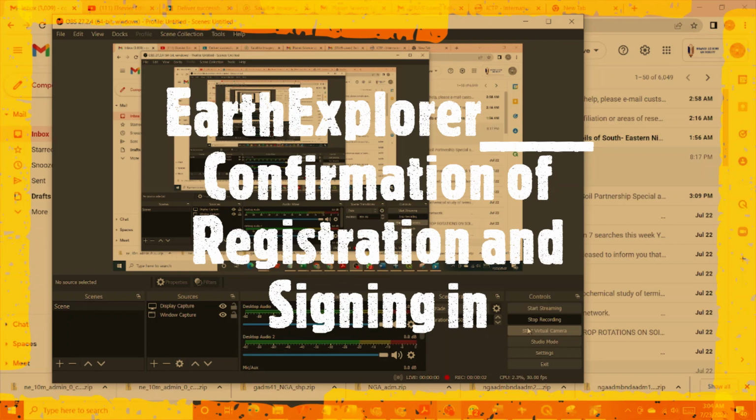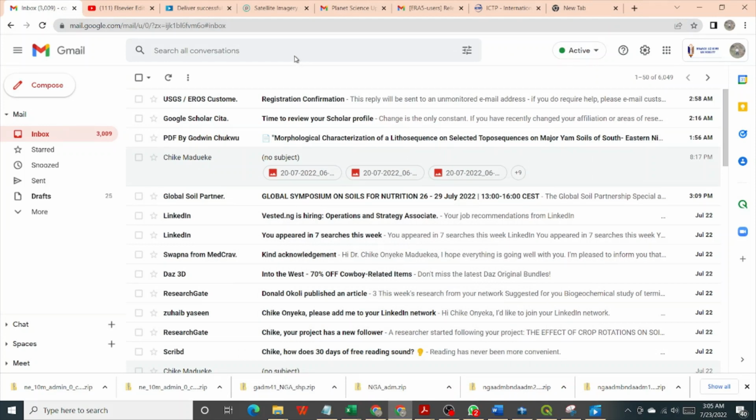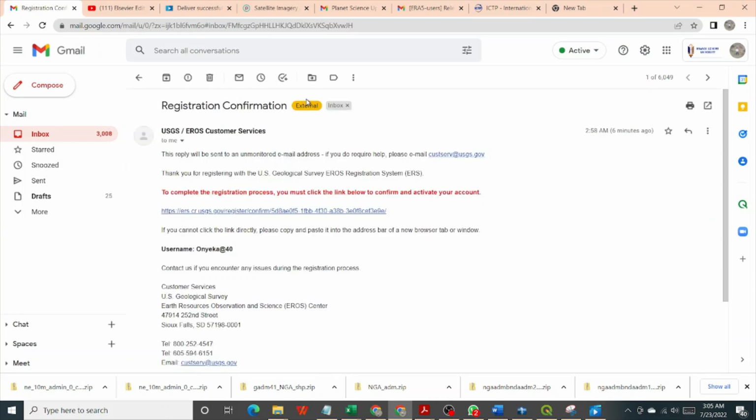After registering with USGS in EarthExplorer, you will get an email asking you to confirm your registration. So now this is my email. Once you click and open, it says this reply will be sent